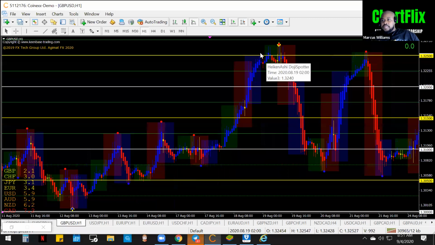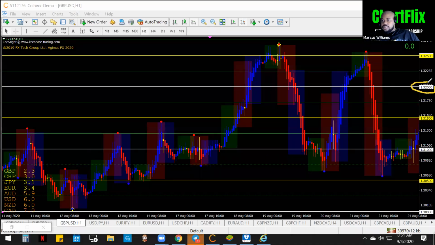Look at this. You see this big M right here? What is this, guys? This is 132. What happened right here? The market broke 100, went to that 50 pip line, hesitated, and dropped down. Did the same thing over here. Went to this 100 line, hit the 50, dropped down.